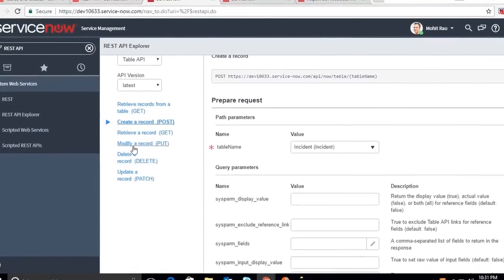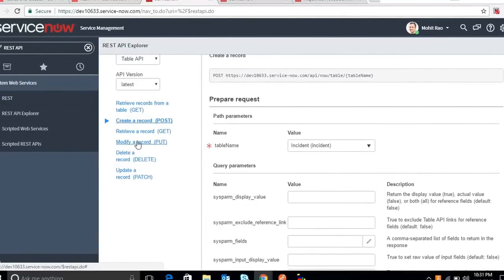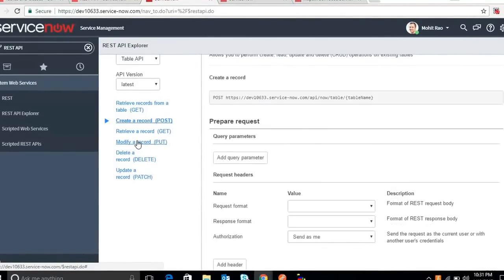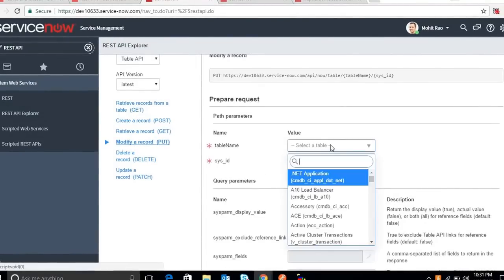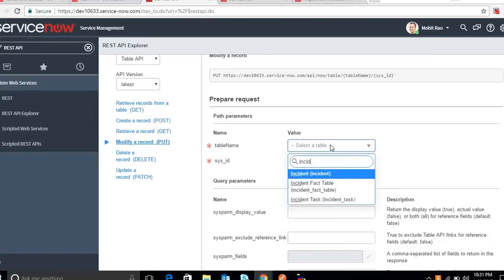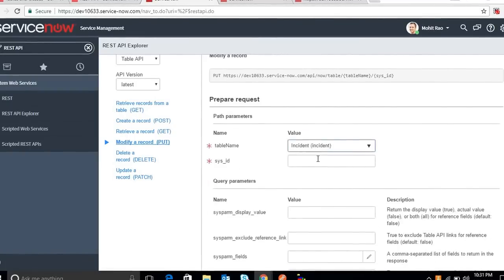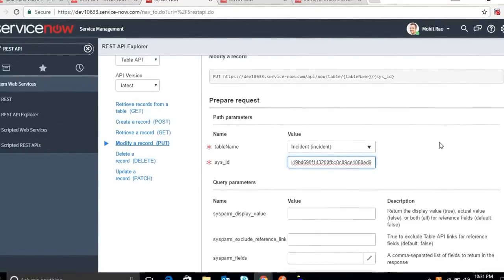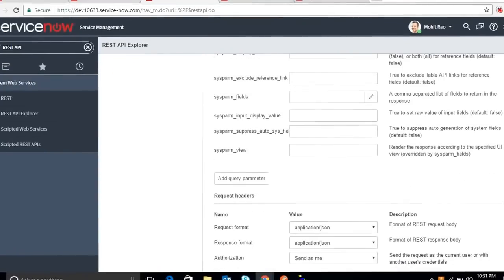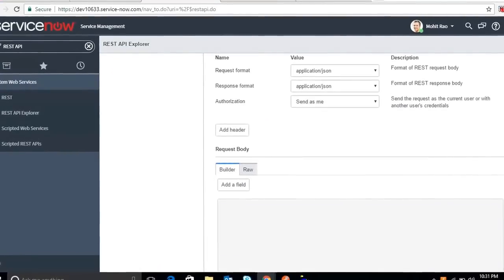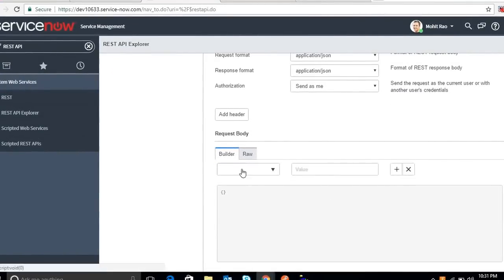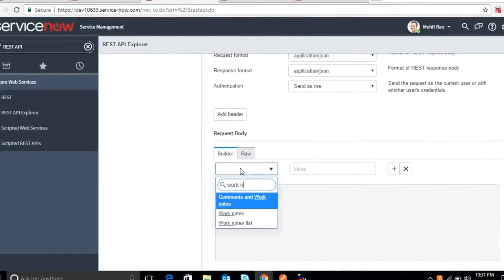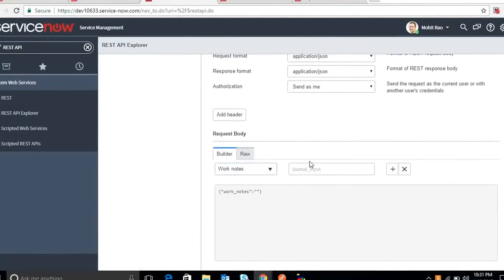So to modify a record, we'll use modify a record, PUT, select a table, incident. They're asking for SysID, which is a mandatory field, and the field to update. So we have decided we'll update the work note.